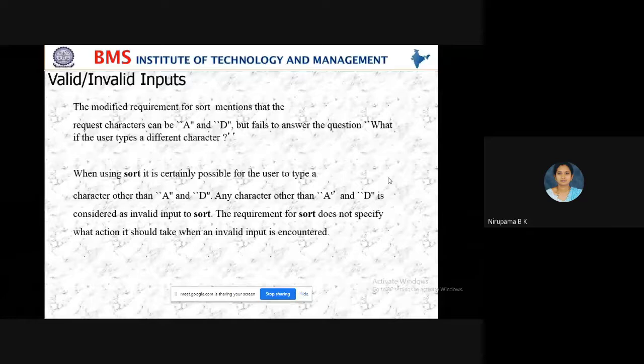In last class we were seeing the types of input and types of valid and invalid inputs. In that we have seen the program to sort a given number.